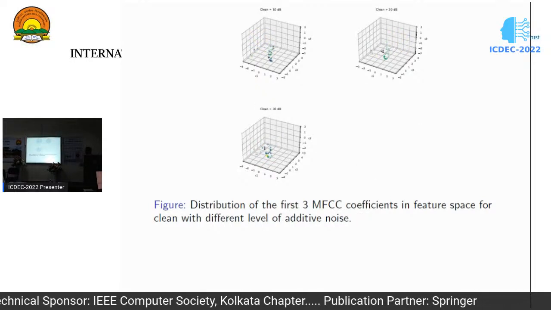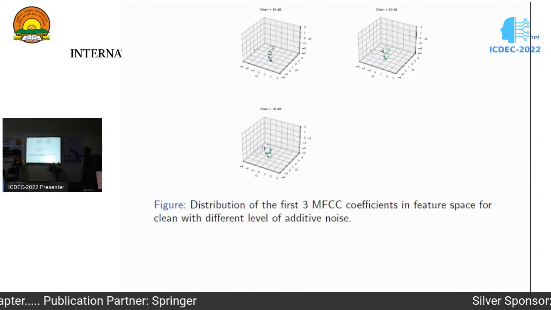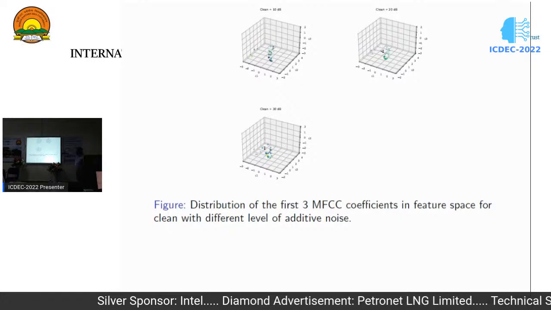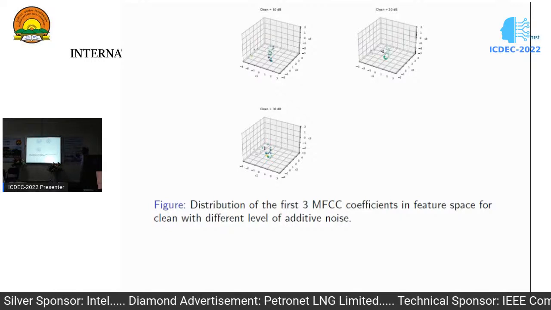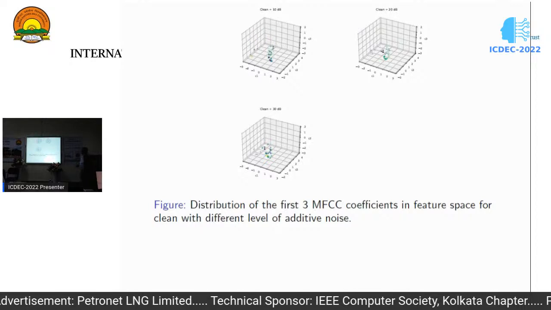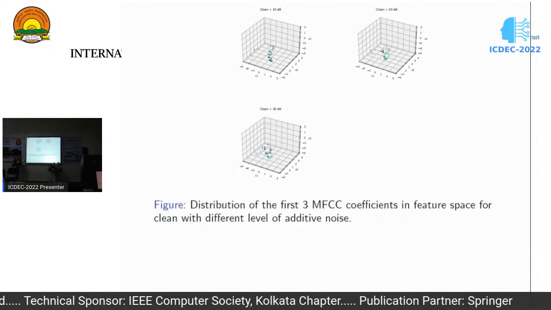And then the distribution of the MFCC coefficients here in feature space after adding noise to the clean data. In the first part on the left side, we have the clean plus 10 dB. In the second part, we have the clean plus 20 and then the clean plus 30. We can observe from this distribution that the distribution of this particular